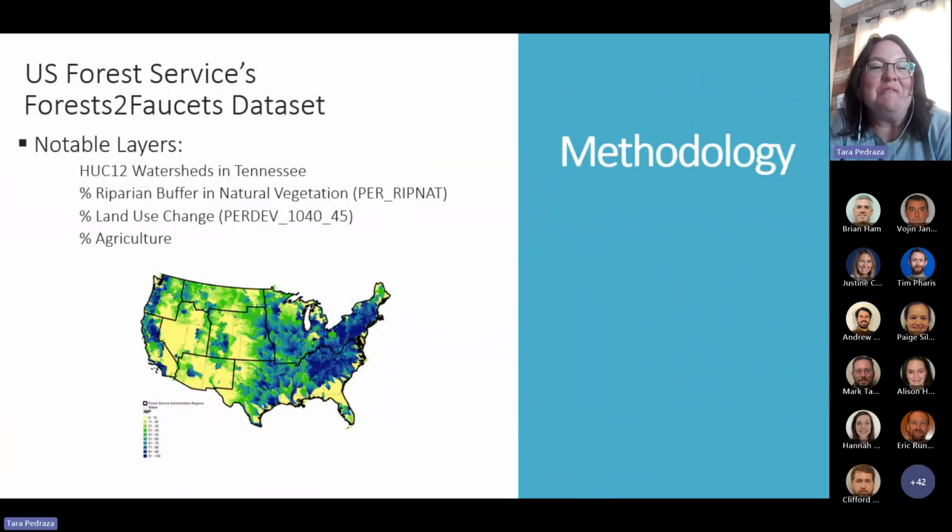Okay, so next, this database, which is probably of interest to some of you, I would highly recommend. The U.S. Forest Service Forest to Faucets dataset is what I used for all of the GIS analysis that I did. There are many, many layers to this. It's all, of course, free and easy to access. The ones that I used primarily were the HUC 12 watersheds in Tennessee mapped,